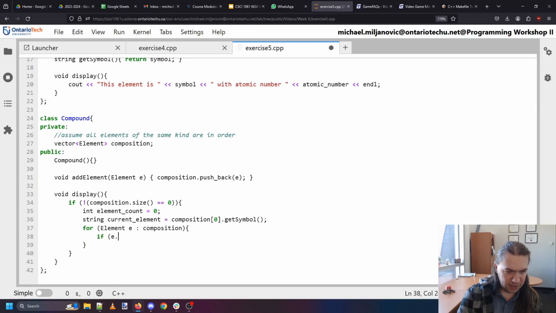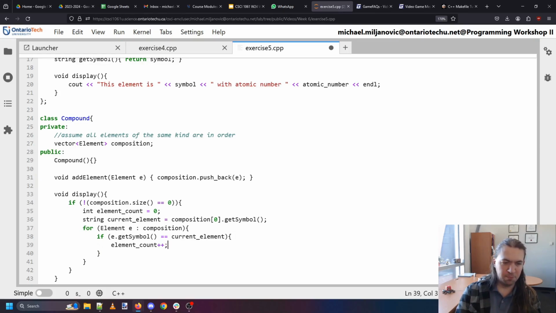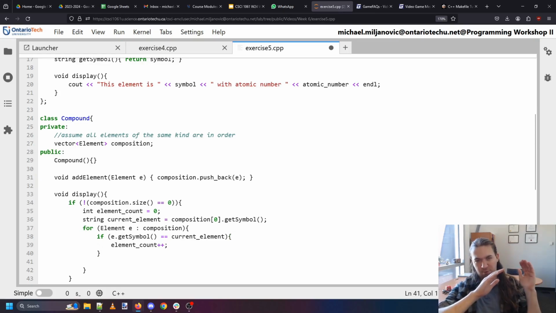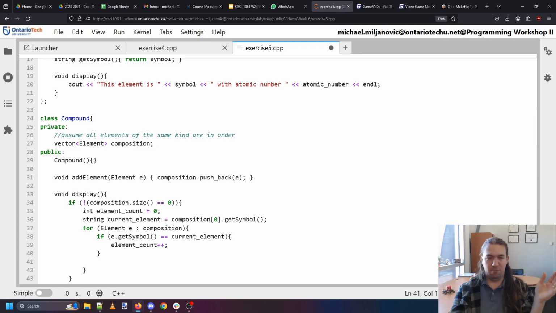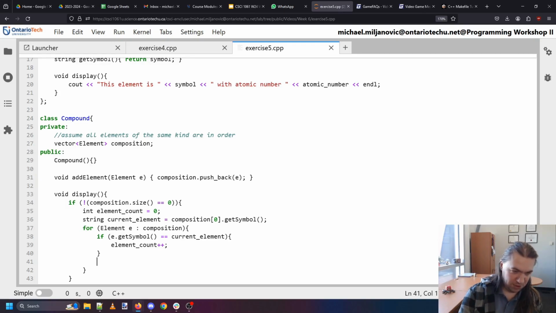If e.getSymbol is the current element, count plus plus. If when looking at a bunch of CLs we find another one, we just add that there's another CL that we've run into. But if we are NaClH or something like that, and we've gone through 5 CLs, and now we hit an H, now we want to print out CL:5, the same way that our previous exercise did. So otherwise,